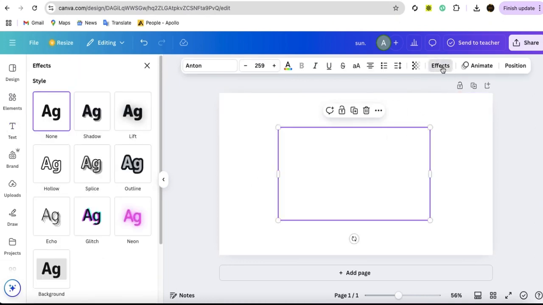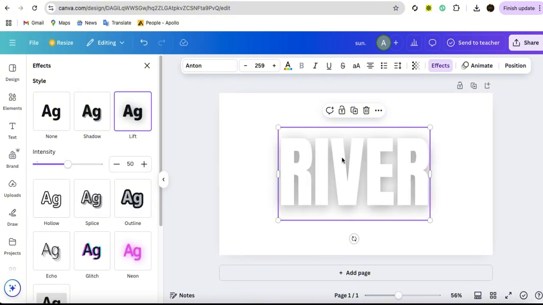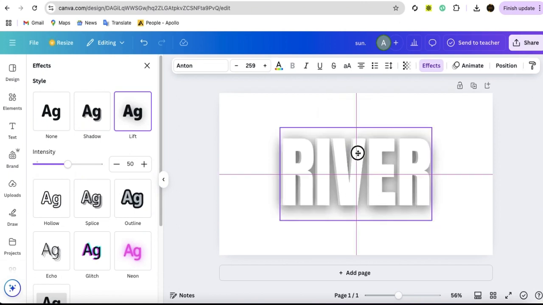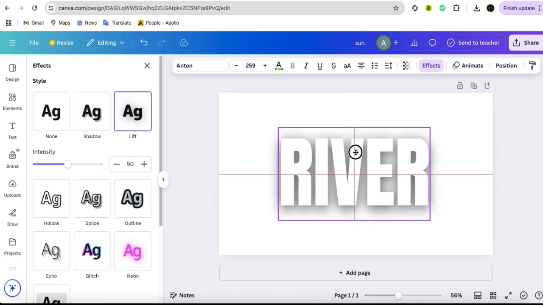And go to effects, take lift effects, copy and this process for just bright this shadow. Okay,